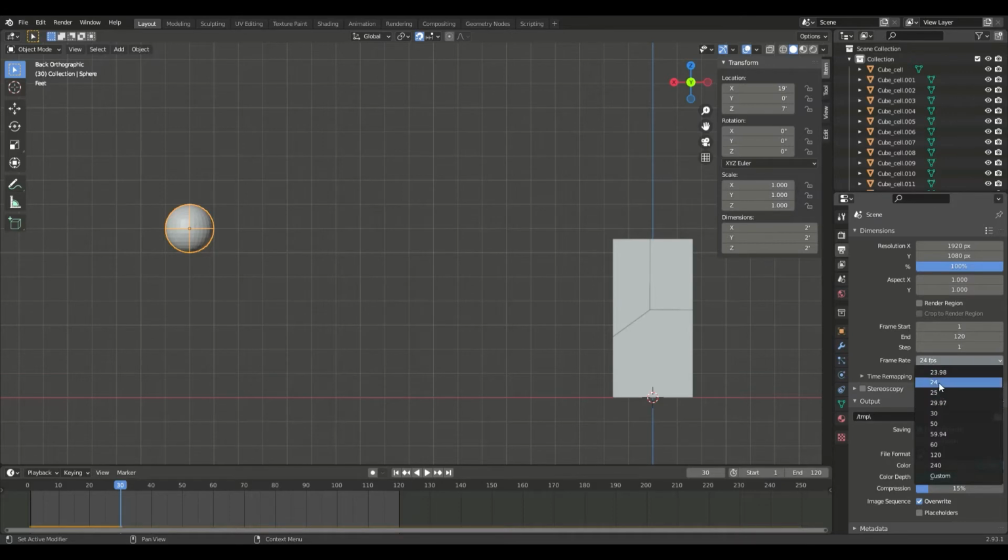It automatically puts it at 24 FPS, which for me doesn't meet my standards. So I put it at 30 FPS and put the length of frames to any multiple of 30. That usually works out pretty good. So this is going to be a 4-second render, if I render it.